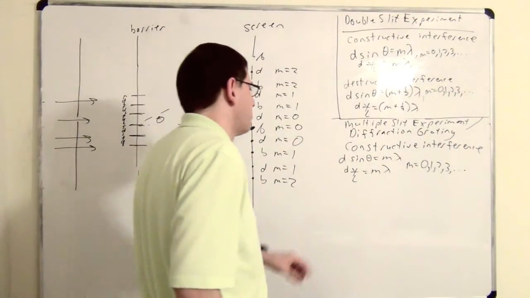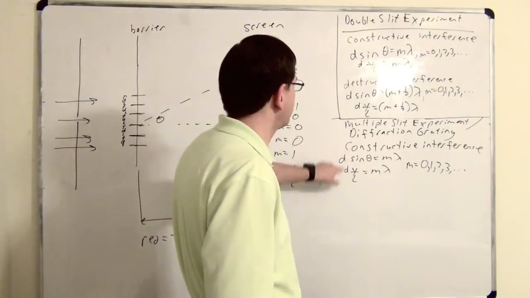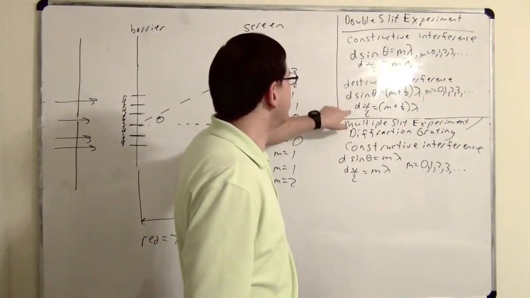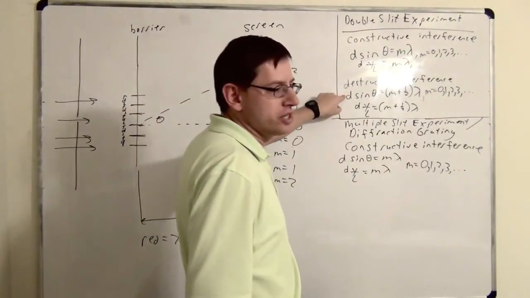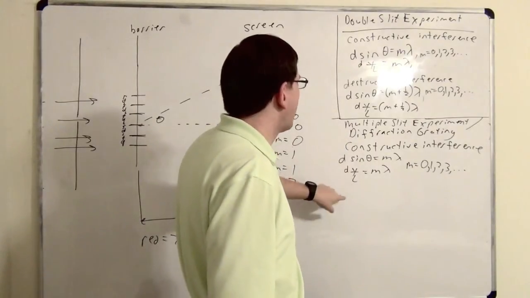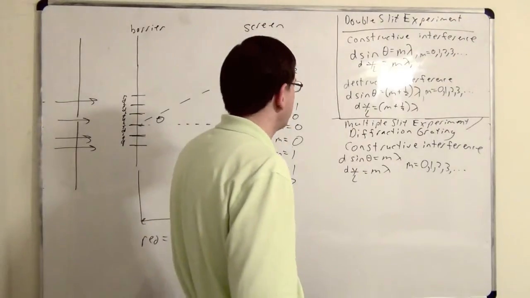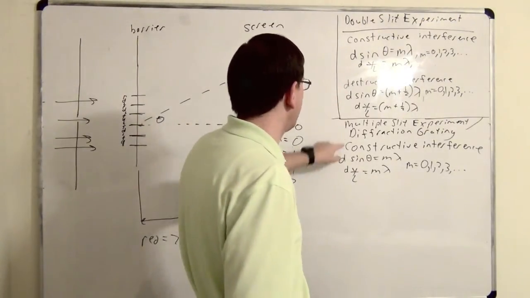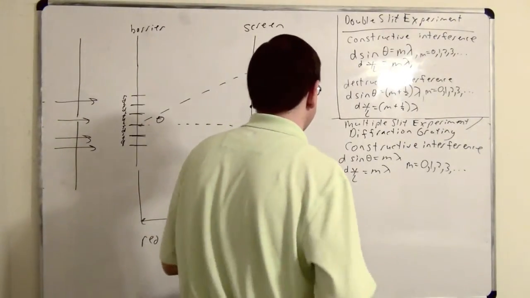It's not really obvious at all that this is the right equation anymore, but it turns out that if you think it through like they do in the textbook, we end up with the same equation for constructive interference as we did here. However, destructive interference becomes much more complicated in this case. So this equation doesn't apply for destructive interference anymore. I don't think you're going to be tested on destructive interference for the diffraction grating. It's more complicated than that. So we won't write down an equation for destructive interference. Here we'll just focus on the constructive interference.